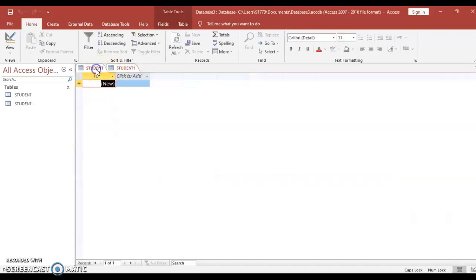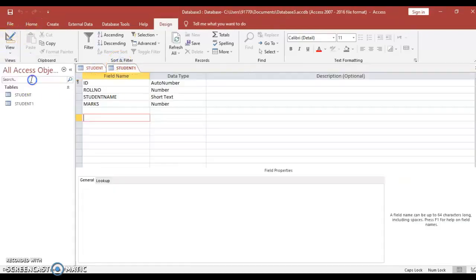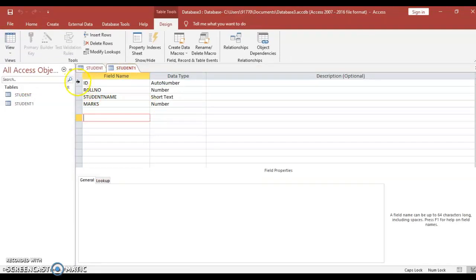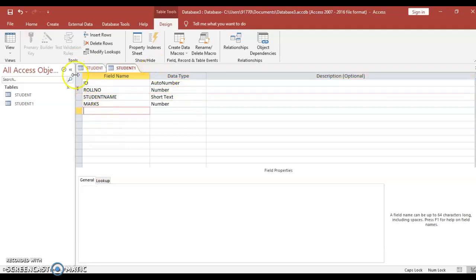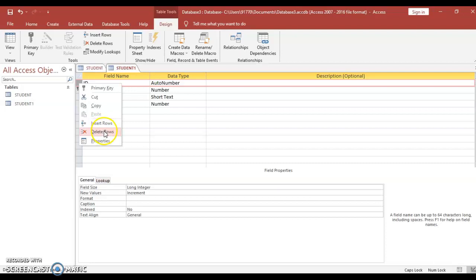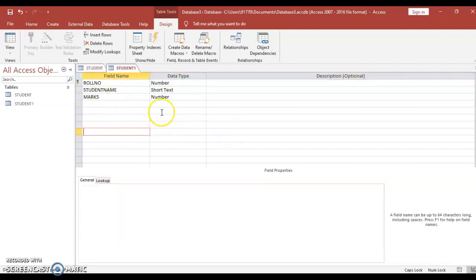Okay, this is my design view. So here you can see the symbol over here, that is key symbol, means your ID या फिर रोल नंबर. अगर आप लोगों को सेट करना है प्राइमरी की, just click on that particular field name, right click on that particular field name and set as a primary key. This is how we create the structure of